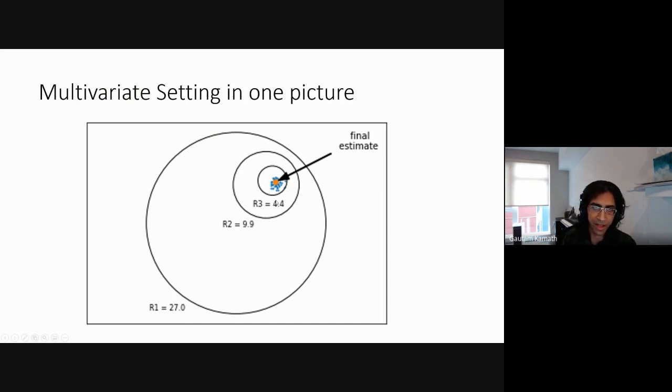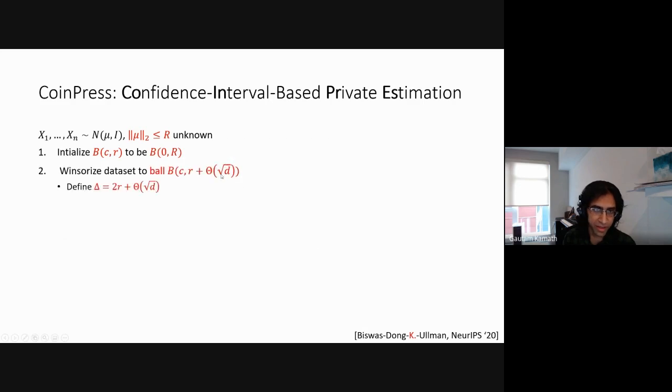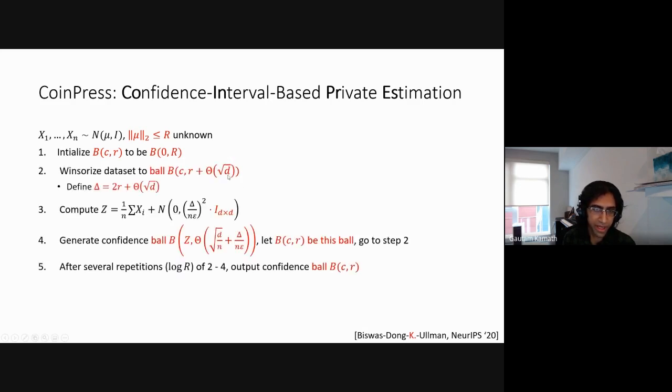So that's essentially the algorithm, and here's the theorem, here's the outline of what the algorithm is. It's essentially the same thing as before. You can see the differences from what we did before in red. The only difference is the fact that we're working in multiple dimensions. So you clip to a ball instead of clipping to an interval. You add multivariate Gaussian noise instead of adding univariate Gaussian noise. It should not be too surprising in terms of technical details to pretty much anyone here. So I won't belabor this slide. Just wanted to show you that this is the same framework as before, and things work out simply.